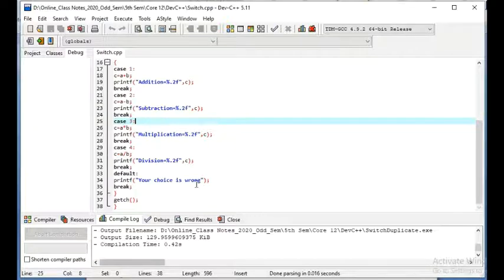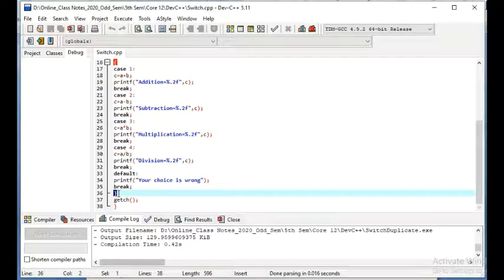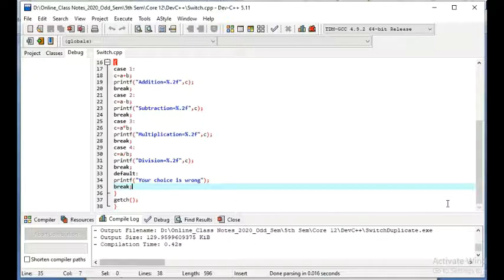Now for this default statement also we should end with a break statement, break, and the curly bracket ends here. This curly bracket is for all the cases including the default statement. Now to get the value from the keyboard, getch, then this curly bracket will end the program.